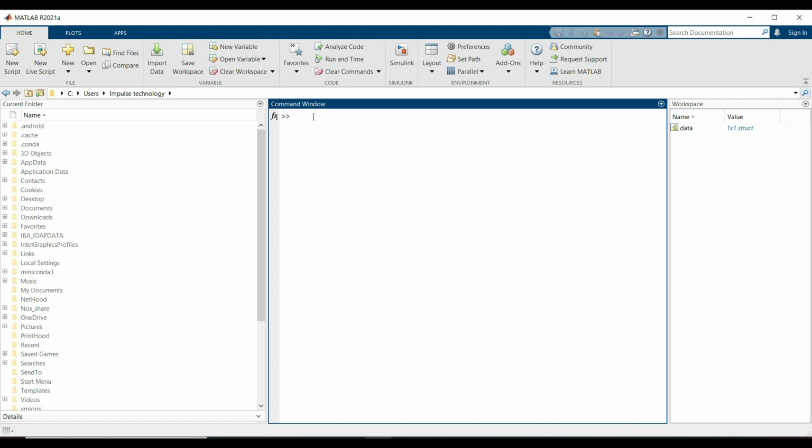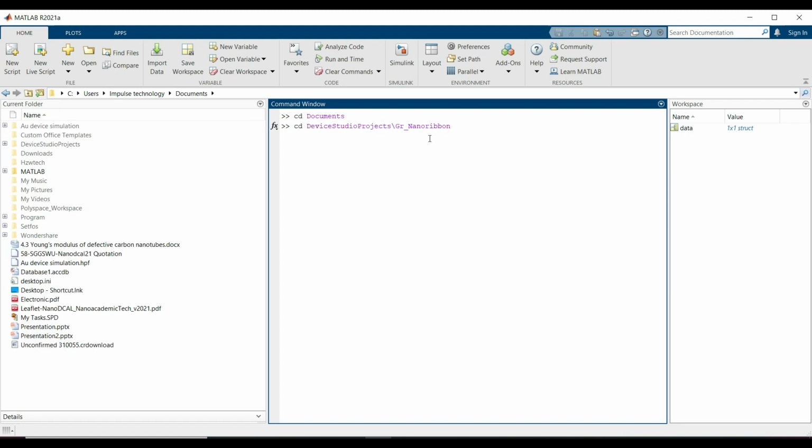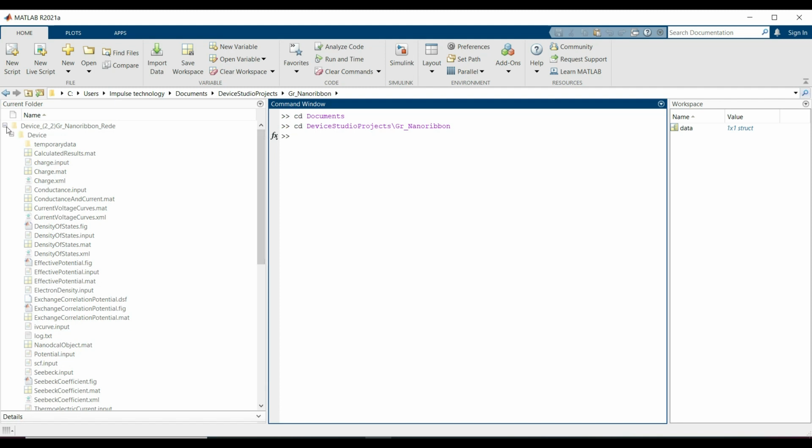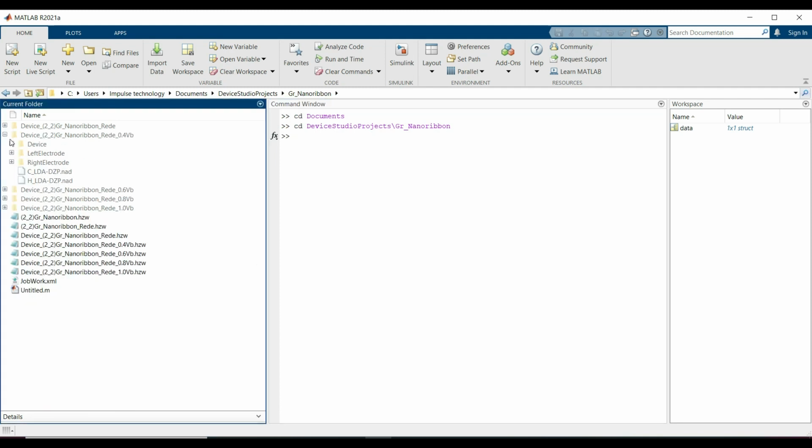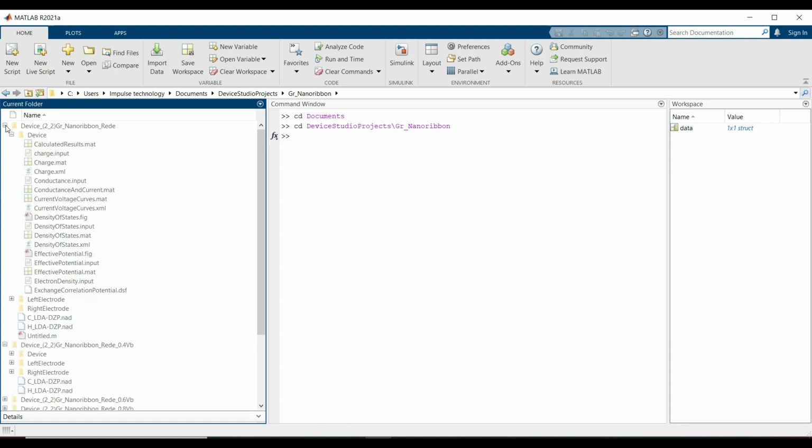Here you can enter the location of your project, and this is the location of my project, and you can click on the enter. Here you can see this is the project and their output file. This is the 0.2 voltage, 0.4 voltage, 0.6 voltage, 0.8 voltage, and 1.0 voltage. So you can click on this device,